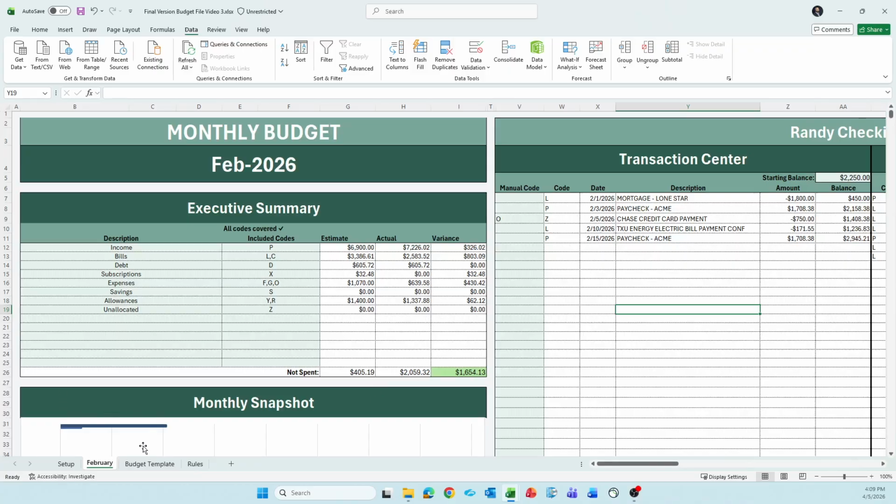Then at the end of each month, you might not want to pull CSVs because if you're like me, you want to maintain your February knowledge. So let's pretend we're at the end of the month and we've already started our March budget. I don't want to keep pulling all the data for February every month in my CSVs. But if I don't, none of my transactions are going to show up because my CSV only shows the month of March forward. So what you want to do if you want to maintain, now you can just delete February,